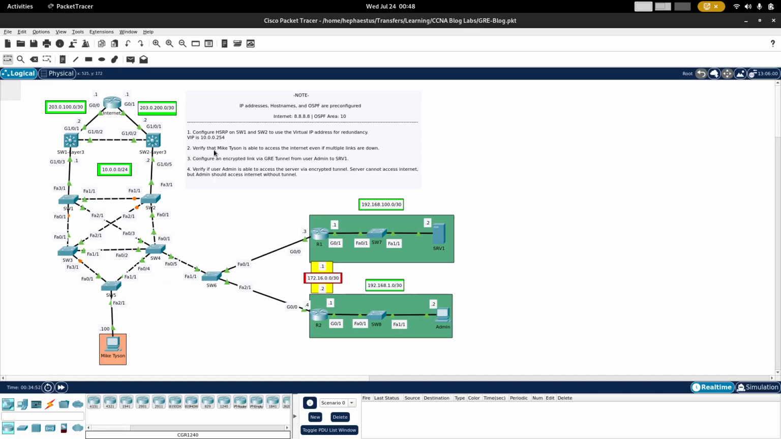So then task 2 is we're going to verify that Mike Tyson is able to access the internet even if multiple links are down, which I just explained earlier. And task 3 is we're going to configure an encrypted link via GRE tunnel from user admin to server 1. So we have two networks here. We have Office